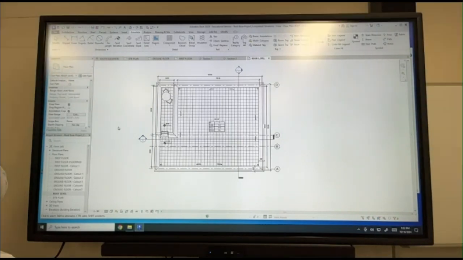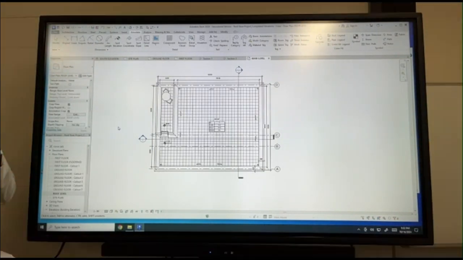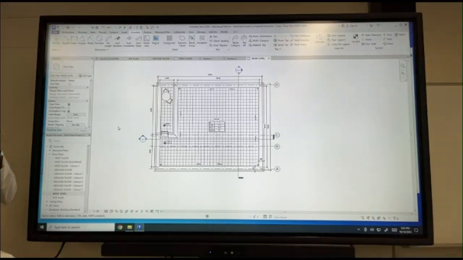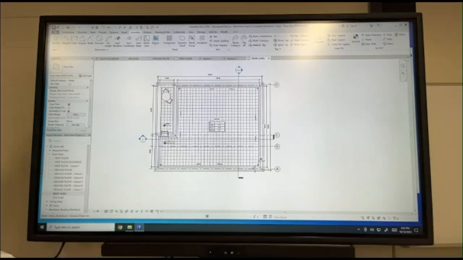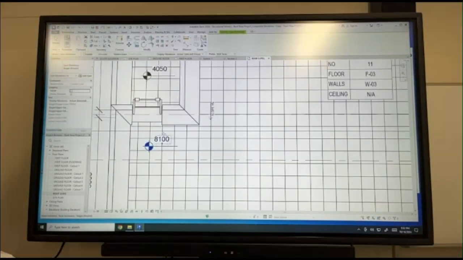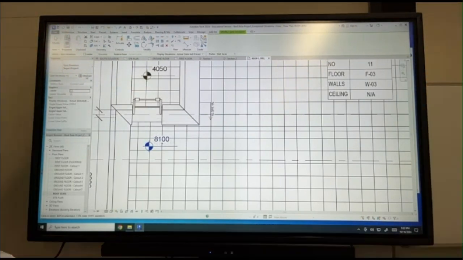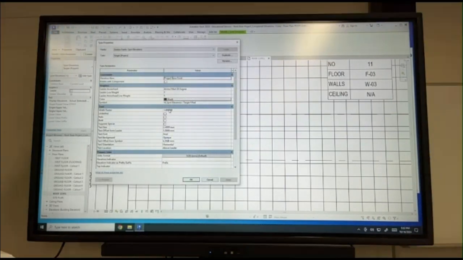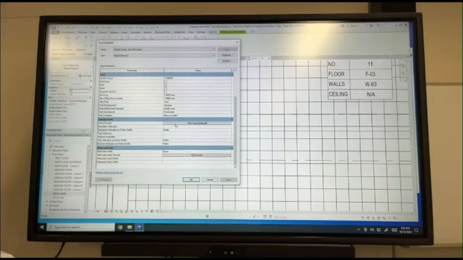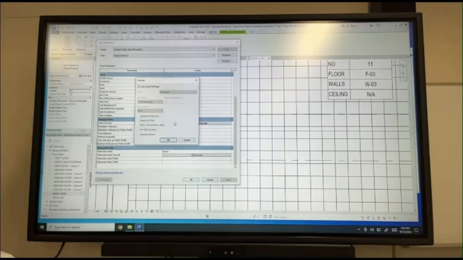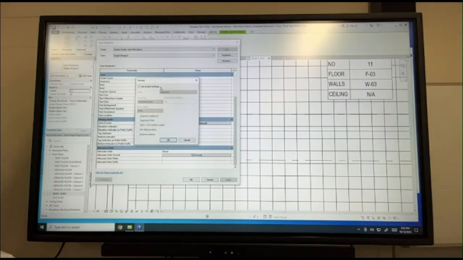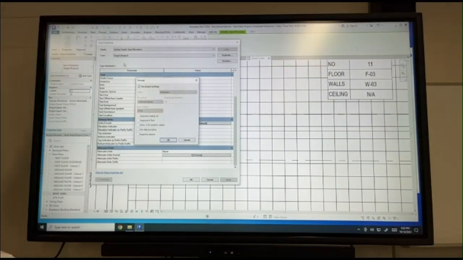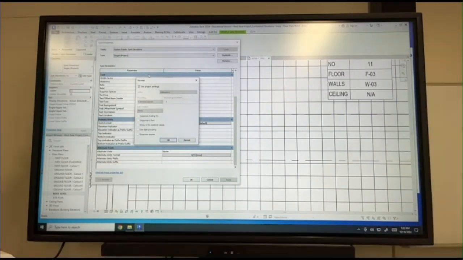Any questions about the plans? I had a spot elevation that was 4050 and then point 00, I think. This is the reason: in your spot elevation, click on it and do edit type. Then go to units format. Make sure use project settings is checked. This one doesn't have meters written on it, right? If meters is written,